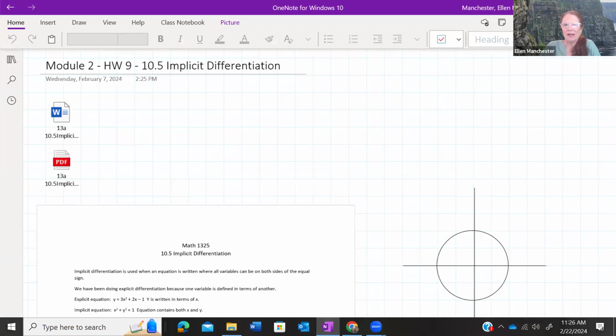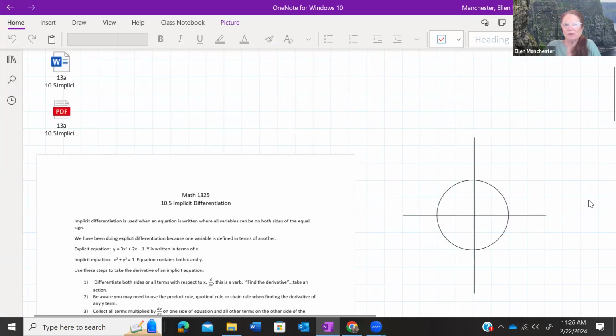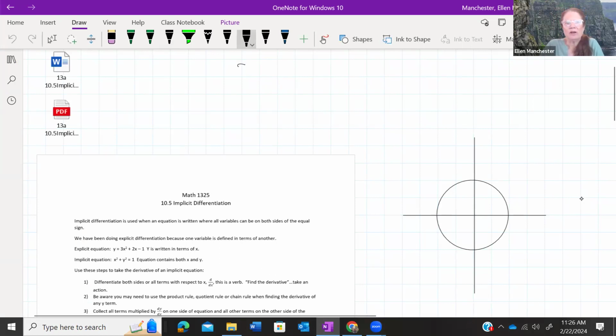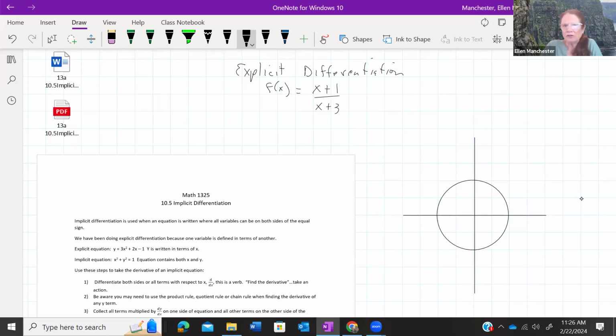Okay, so what we're going to do today is talk about implicit differentiation. So far, what you guys have been doing is what's called explicit differentiation. And what it looks like is, for instance, all the ones that we just had, even if it was the product or the quotient rule, all the variables are x's, right? Every single function that we've been working with has been in terms of x. Now what we're going to do is what is called implicit